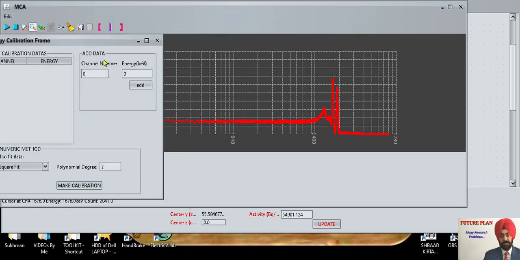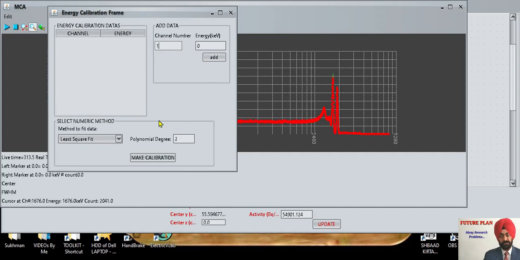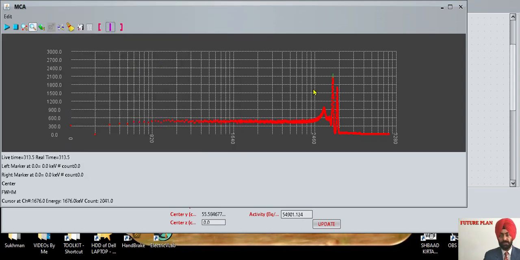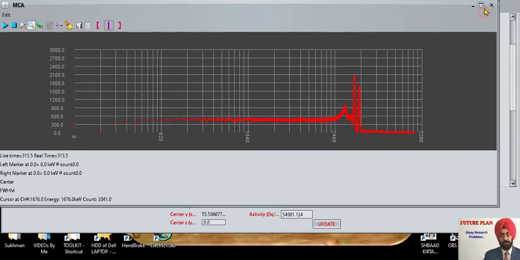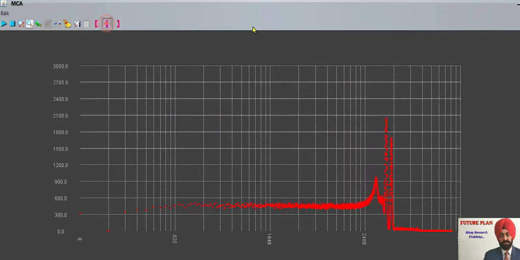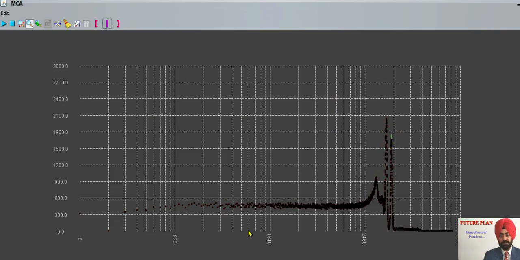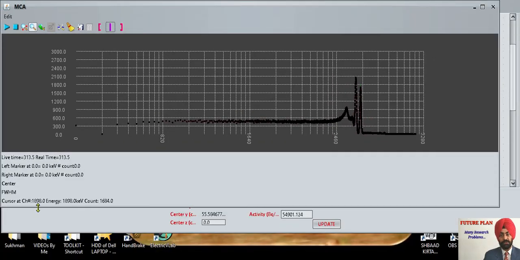Make calibration. The number is 1676, channel number 1676. And the energy I know, 1173.24. So this is the exact energy. Add it. Similarly, minimize it and again enlarge it, and click on the second peak. Carefully click on the second peak. This number corresponds to 1898. Now calibrate it again, 1898,